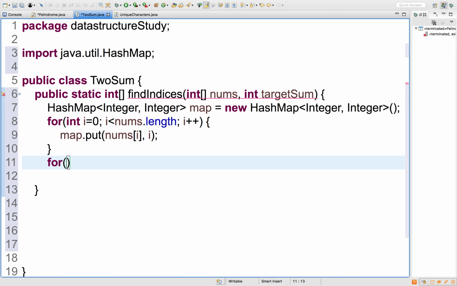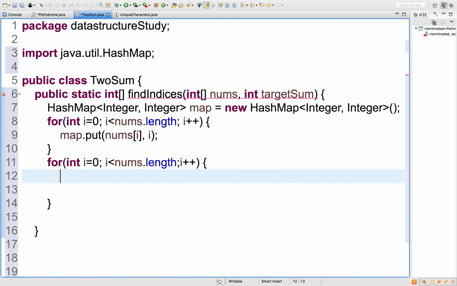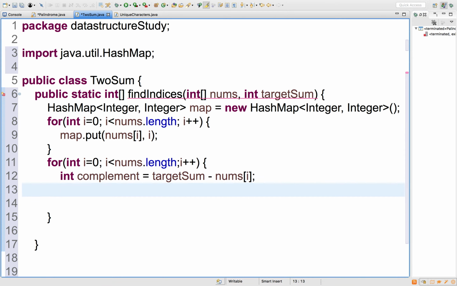Now we will do the second iteration and follow the same for loop. In the for loop, we will calculate the complement: target sum minus nums of I. And now we will check whether our map contains this complement.